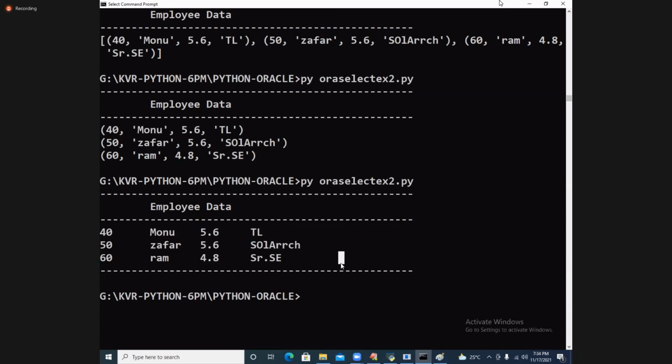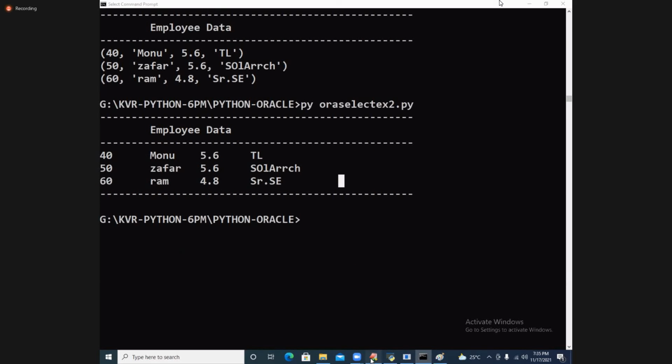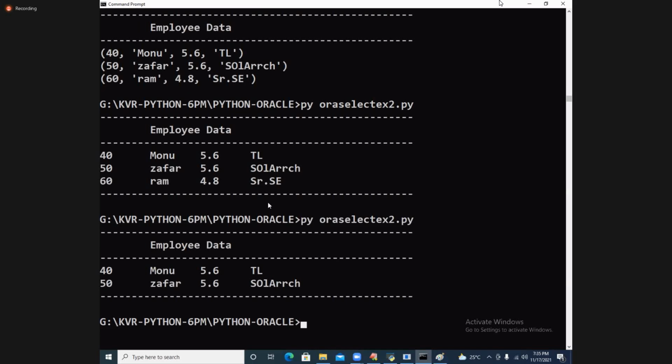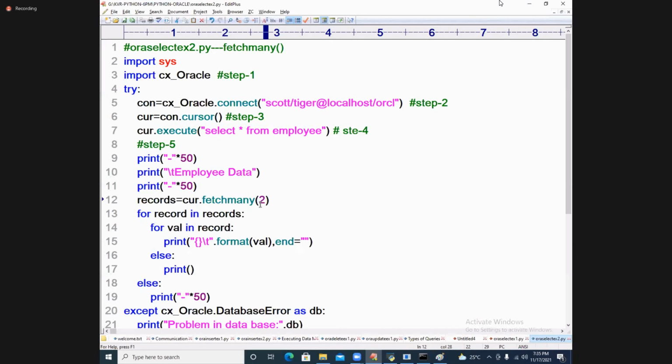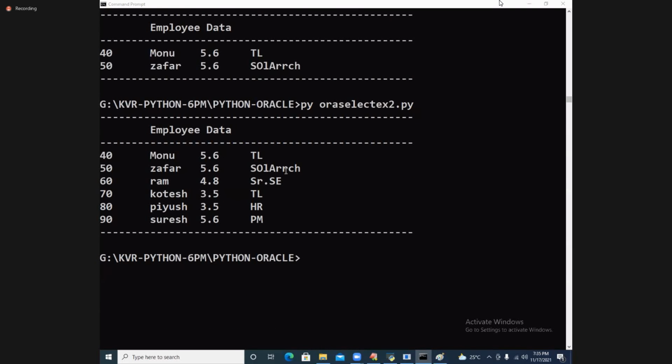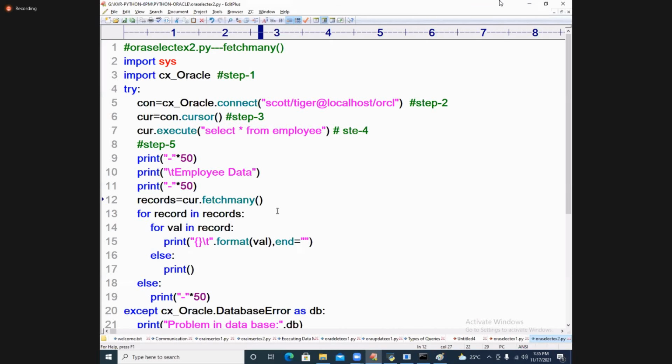Are you following, my dear students? Is it clear? Sys.exit is not necessary. Why? Because I'm getting the records. Previously it was only one record, that was the previous logic. Now I'm getting this. If you want 3, or 2, you will get it. If you don't pass anything, you will get everything. See that, if you don't pass anything, everything is coming.